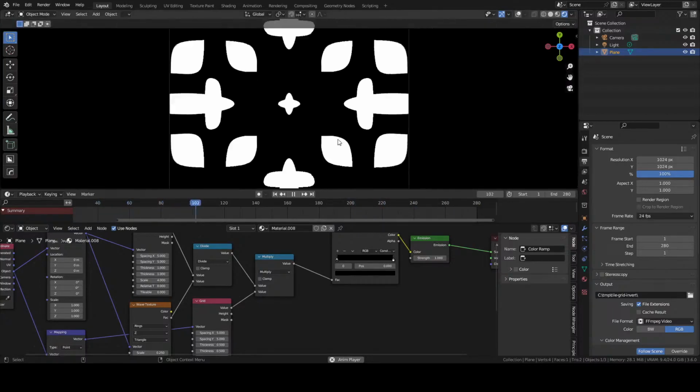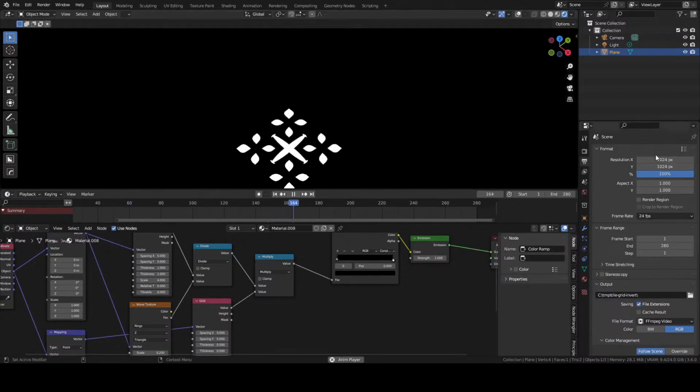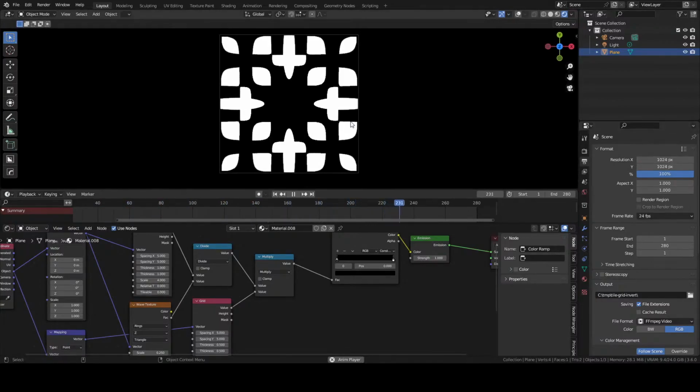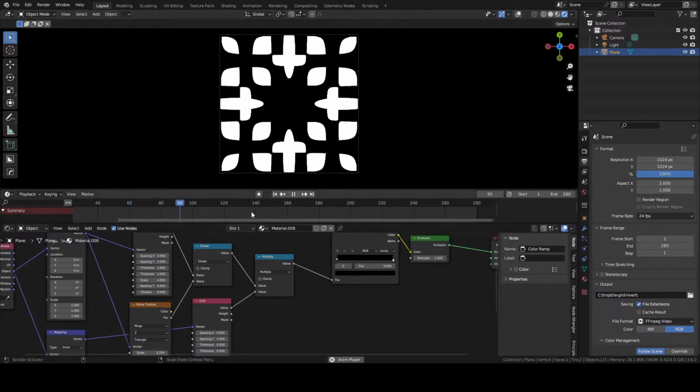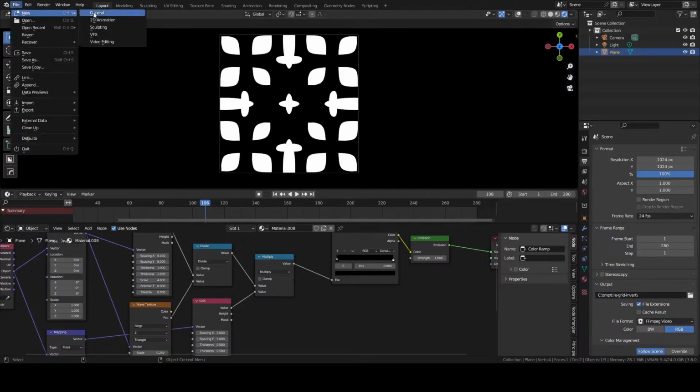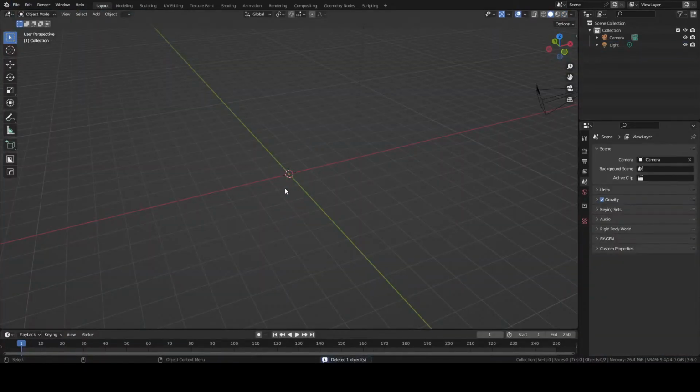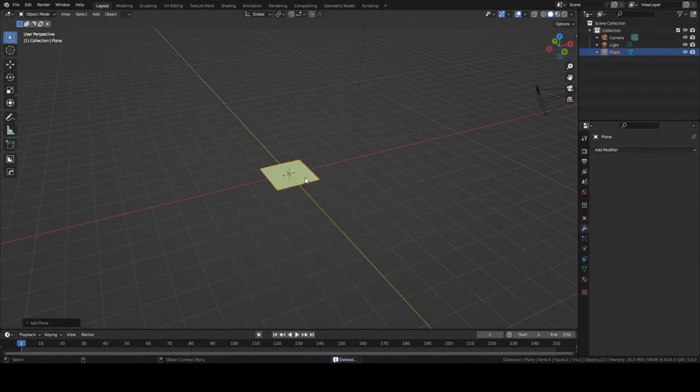These are the animated textures that I'm using to do deforum animations with. But you can use the same process just to make static images to do masks from. So why don't I just build it up from the beginning so that you can see what I'm talking about. So plane, add a plane. I'm gonna speed run this because there's a bunch of tutorials on this, and in my last video I went over all this too. But what we're essentially doing is making a shader, and then we're gonna point a camera at it, and then we're gonna render the mask that we make.